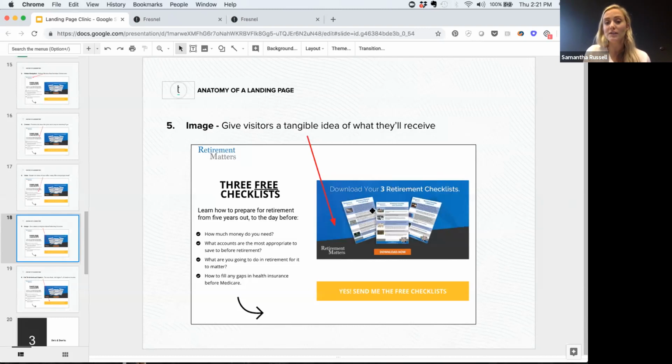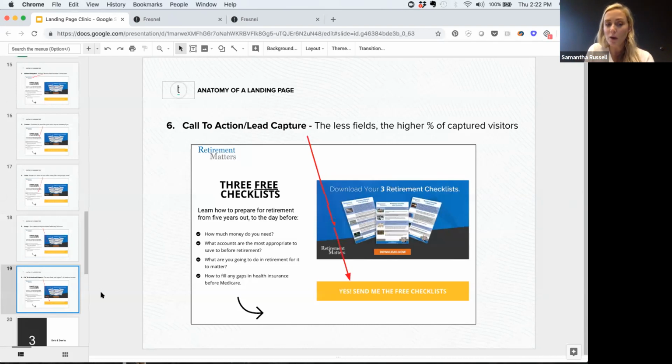So let's say right here there was a video that said, get a preview of your 3 retirement checklists, and you just used software like Zoom, Loom video recording is another popular one, where you did a screen share and you just kind of scrolled up to show the person what it is they would get when they download your giveaway. You will see your conversions go through the roof again, right? Because we want to see what it is we're going to get and the value that will come from signing up. So the last component, which is really, really important, is a really big, bold call to action.